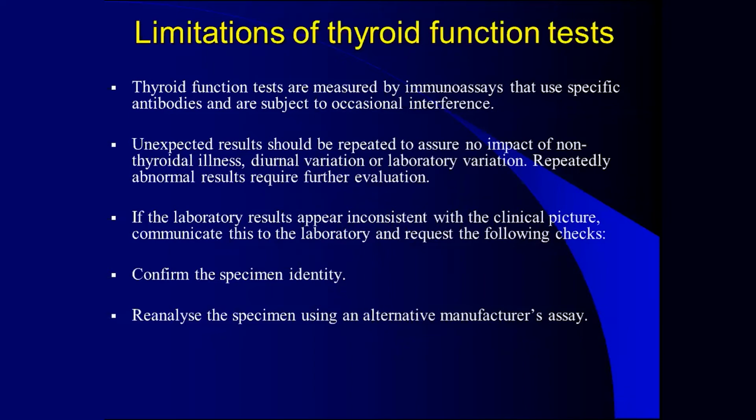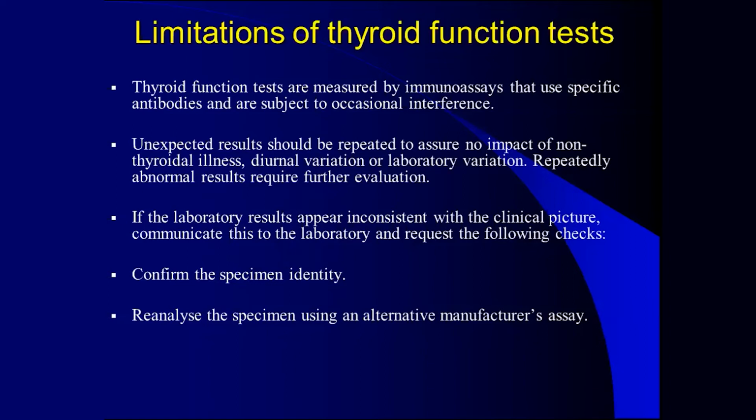Now TSH is one hormone which has a significant diurnal variation. Its peak values are usually at around 2 AM at night, and its nadir values are sometime around 3 to 4 PM in the afternoon. The nadir values are about 50% of the peak values. So understanding what time of the day the thyroid hormone is done is important. Preferably the patient should be encouraged to give their repeat values at the same time as they had done on the previous day. Doing it at different times of the day could sometimes confuse the clinician.